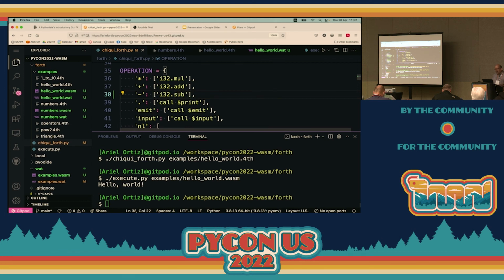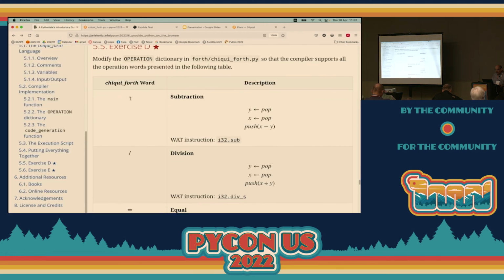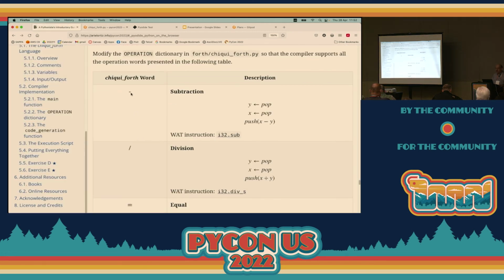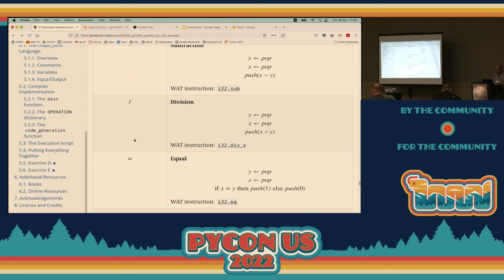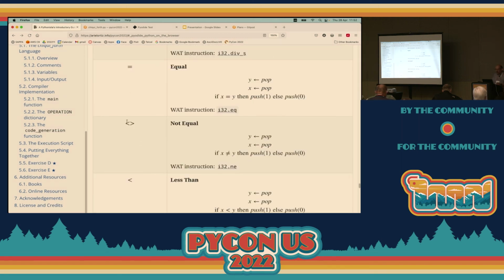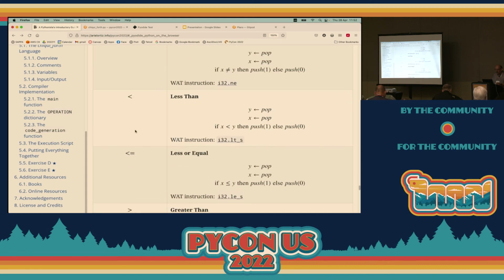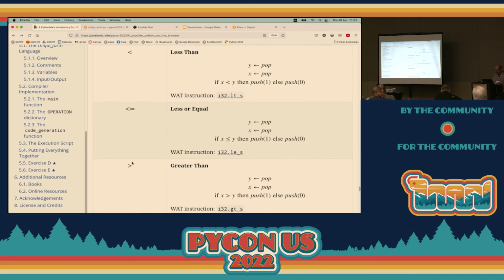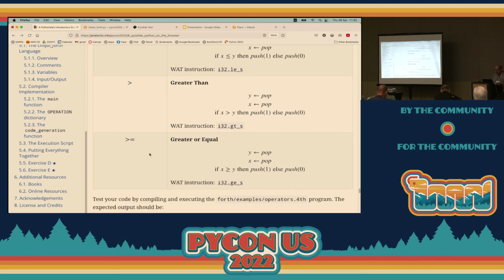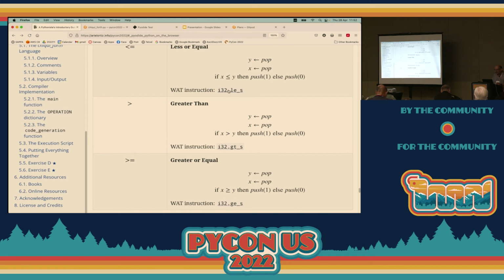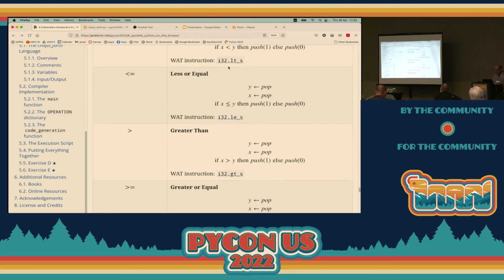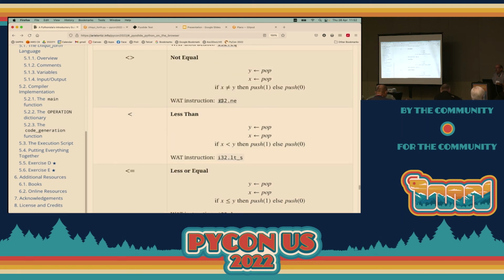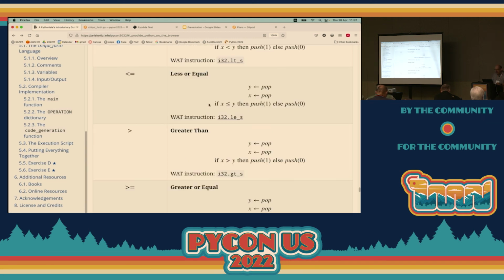i32.sub. And you need to do exactly the same thing for all the instructions here, which are the one that we just did, the minus, the slash, which does division, and then we have equal, not equal, less than, less or equal, greater than, greater or equal. Please check out the corresponding instructions. Some of them are not immediately obvious, but I placed them here. So you need to complete that dictionary so that it has all of them. And if everything works correctly,